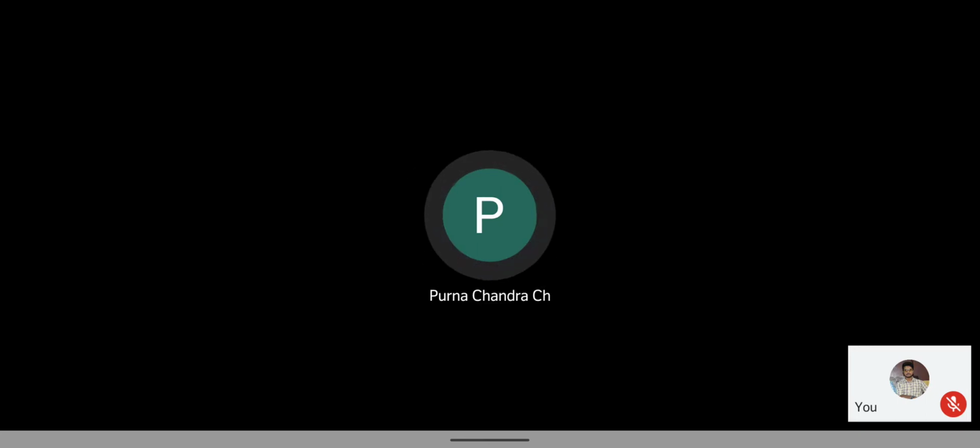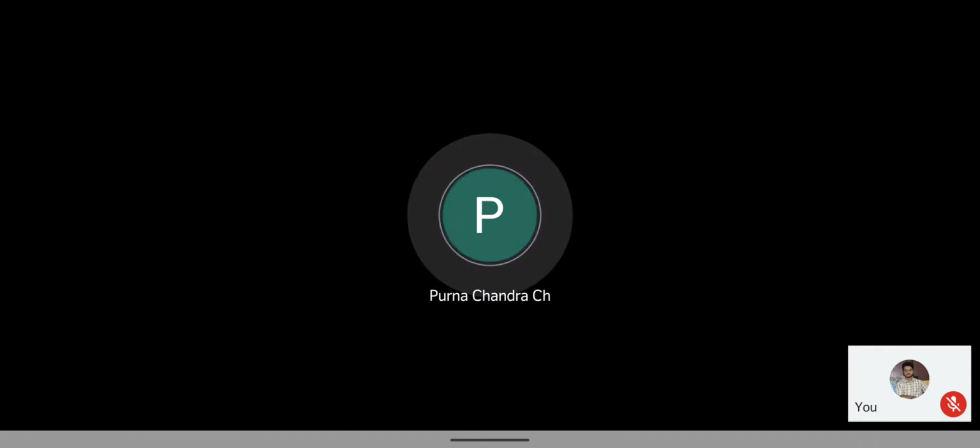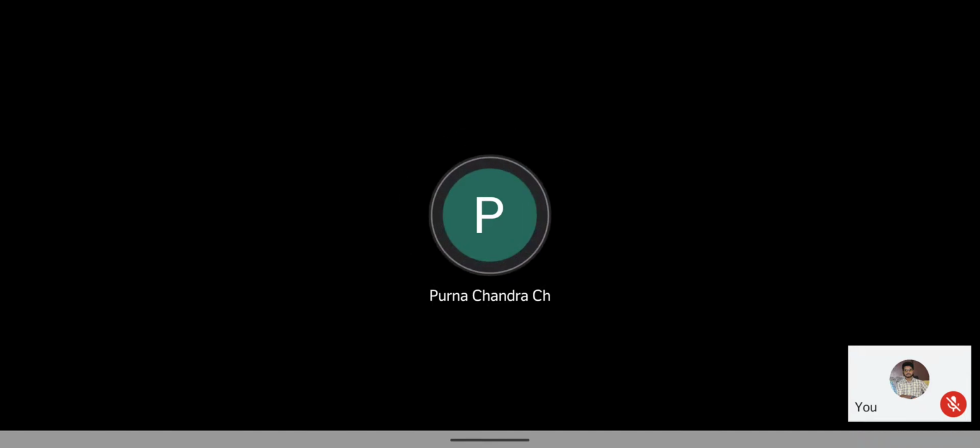Here also it is the same. The temperature sensor will be placed outside of anything, without getting in contact, and it will give us the values.